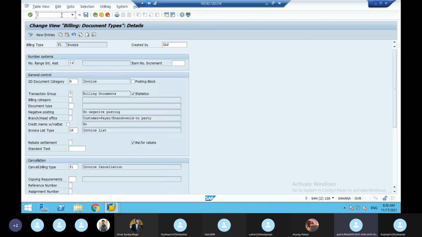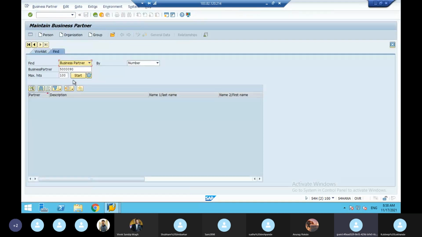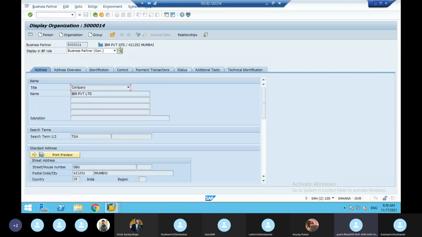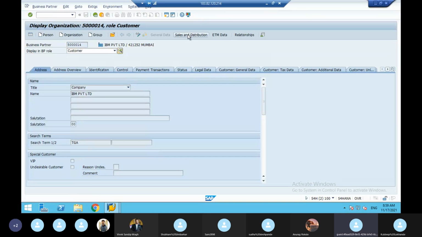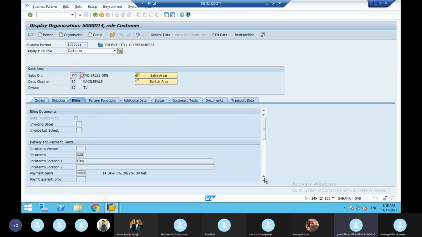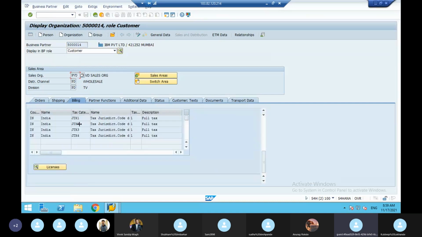Next, customer master data. Customer master data means your BP. The BP is also relevant for rebate. If you go to the customer, in sales and distribution, if you go to the billing tab, down here you have rebate settings.